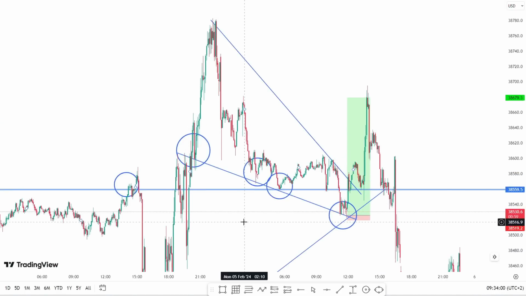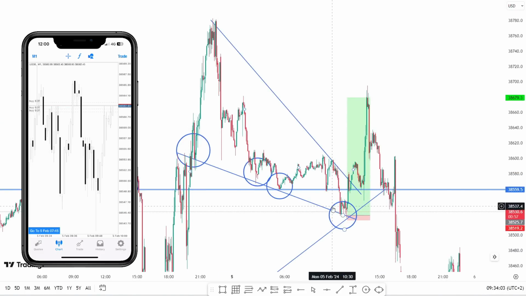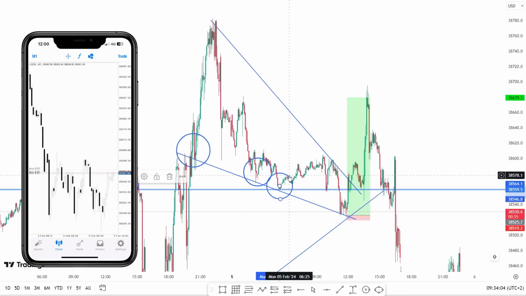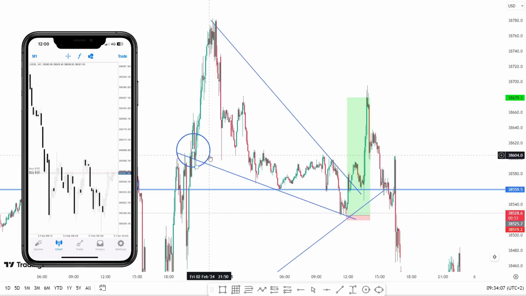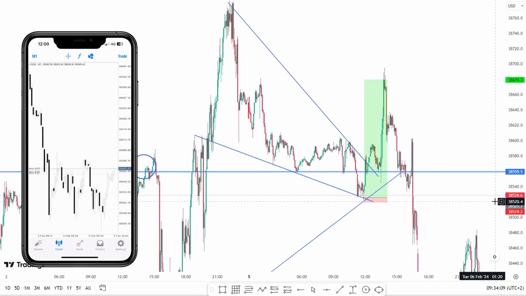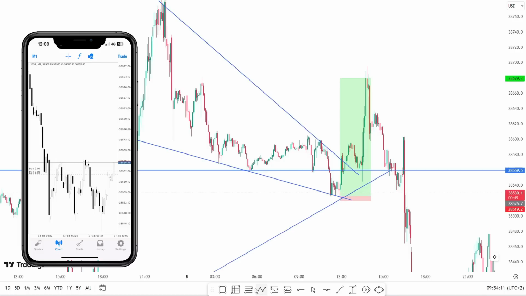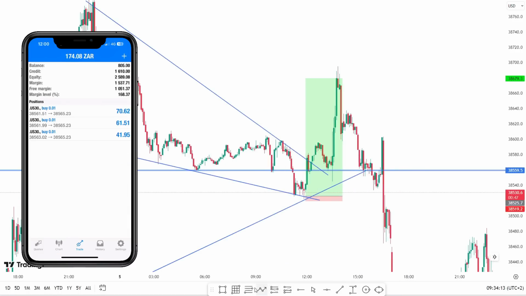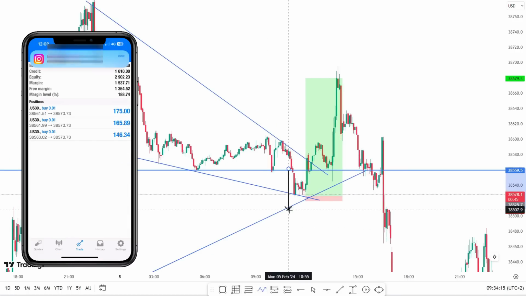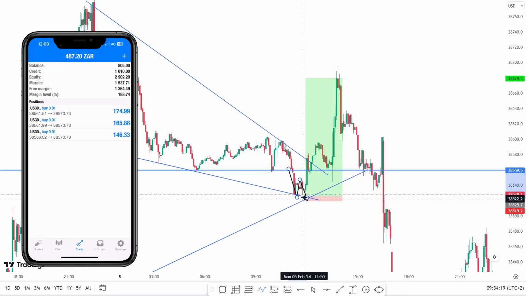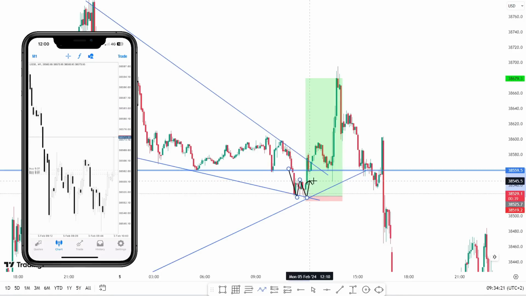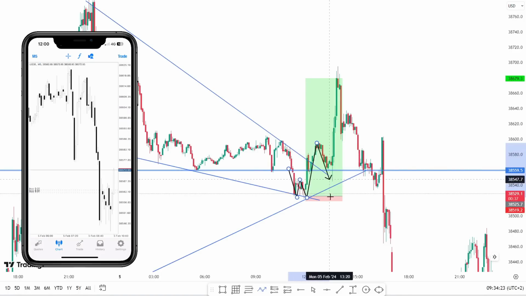So I did find entries on the 1 minute time frame, but the 5-minute time frame is still visible enough for you to see how I entered these trades. So the market then formed a double bottom over here, and I just started basing my trades off this double bottom with all these other added confluences. So we placed the trade,